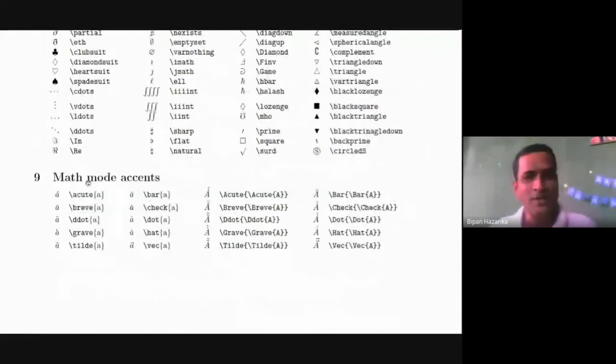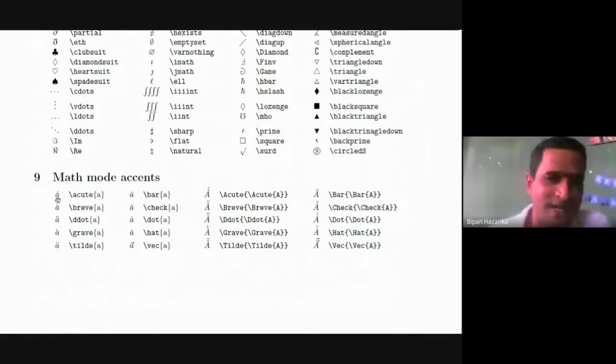Then in math mode, some accents we write in this way. Say we want to put a bar above A, so we write bar with A in brackets, and we get it above the letter. If you want a V type, write check A, and you get this symbol.